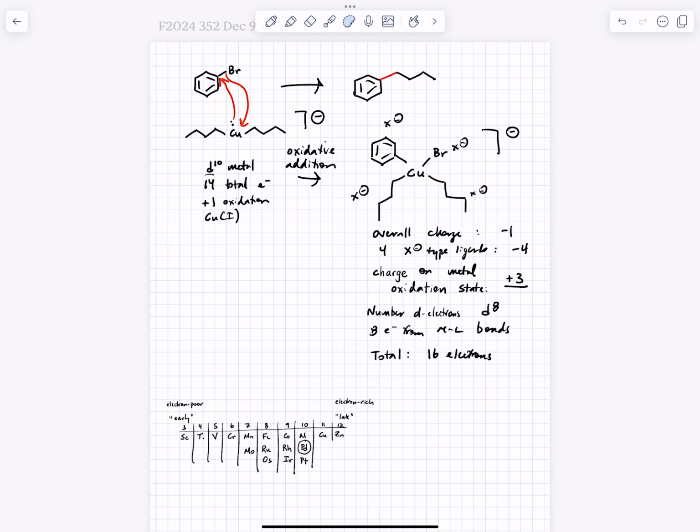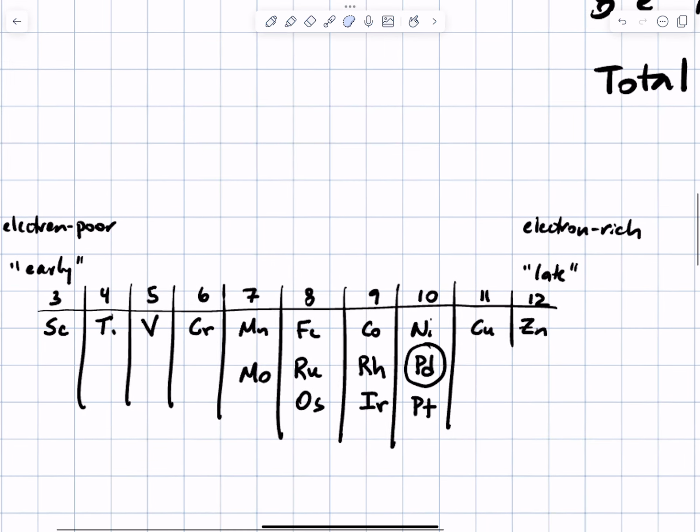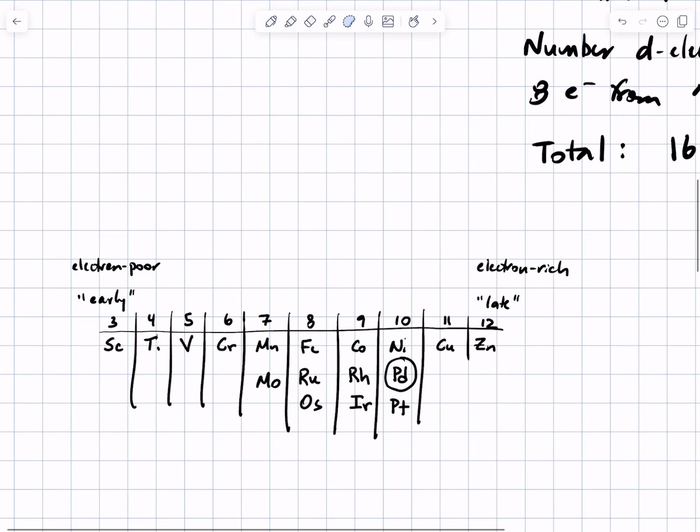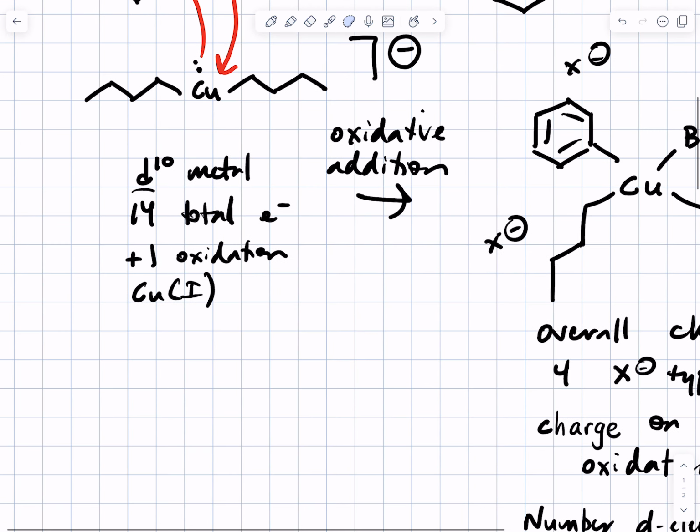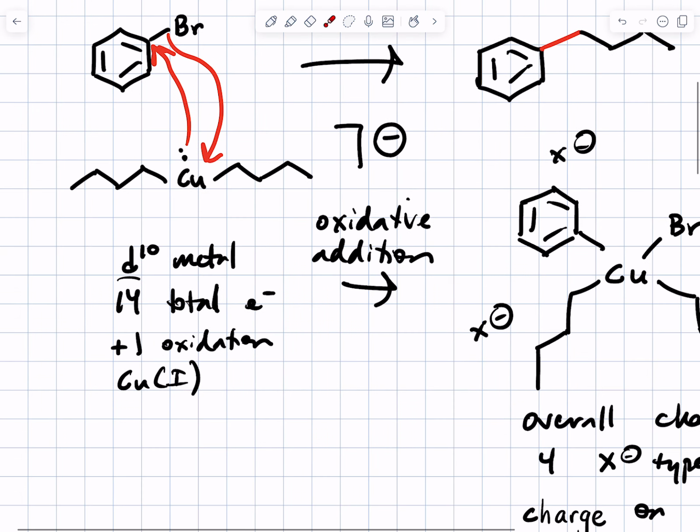So there's our mini periodic table. Copper normally comes with 11 valence electrons. In its +1 state, it should have 10 valence electrons. So copper is a d10 metal. And if you count those 10 electrons plus the 2 that are in the metal-ligand bonds, this is a